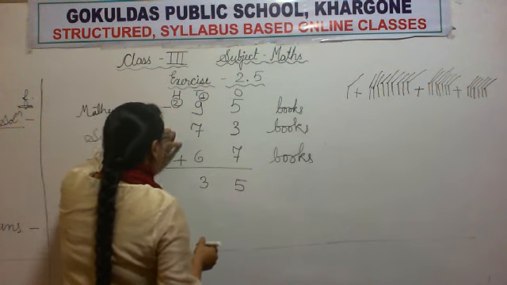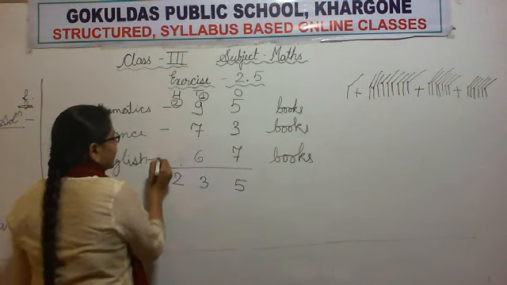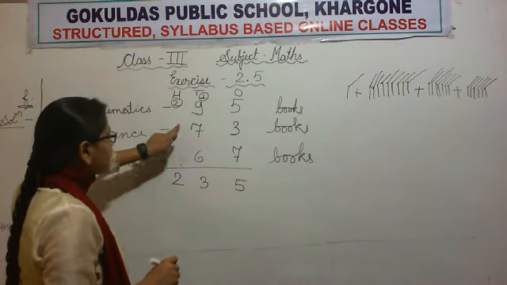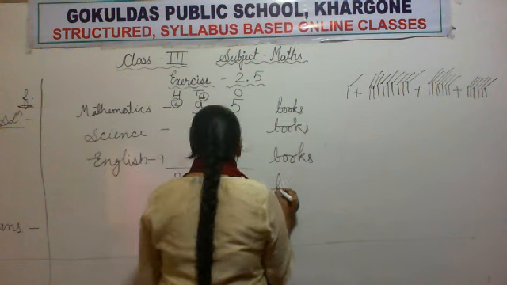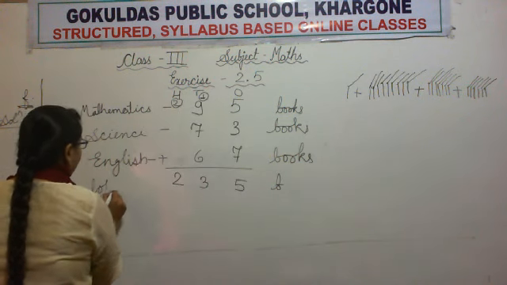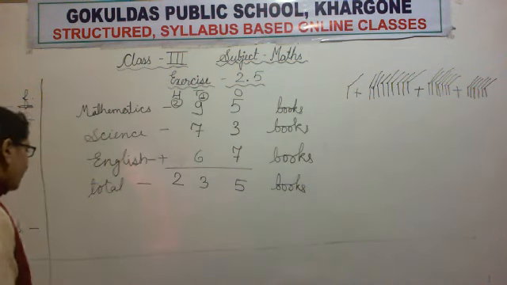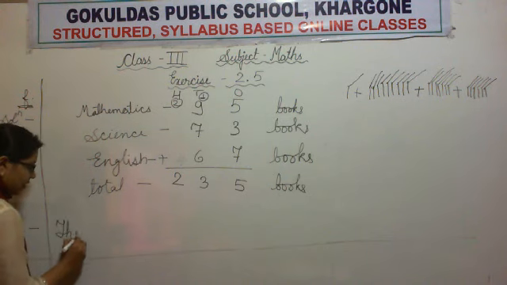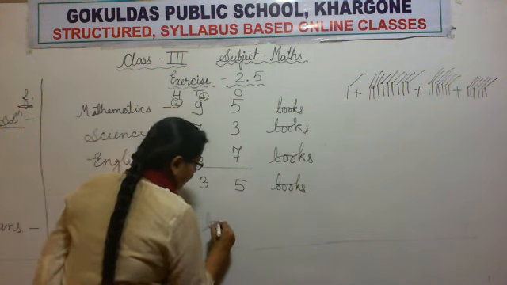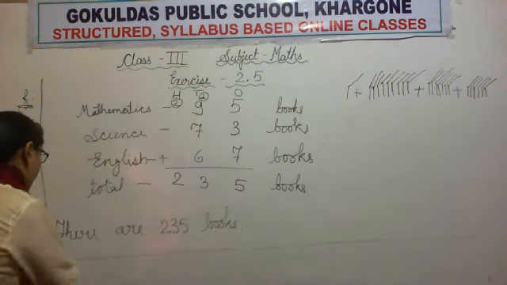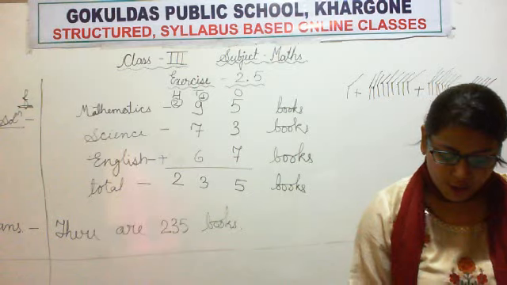Now only 2 is there in the hundreds column. So we will write 2 as it is. Okay. See, no number is there, only 2 is there. So we will write 2 as it is in the hundreds column. So total, how many books are there? Total 235 books. So we will write the answer. There are 235 books. Full stop. Now line using running hand? No, line using ruler or scale.